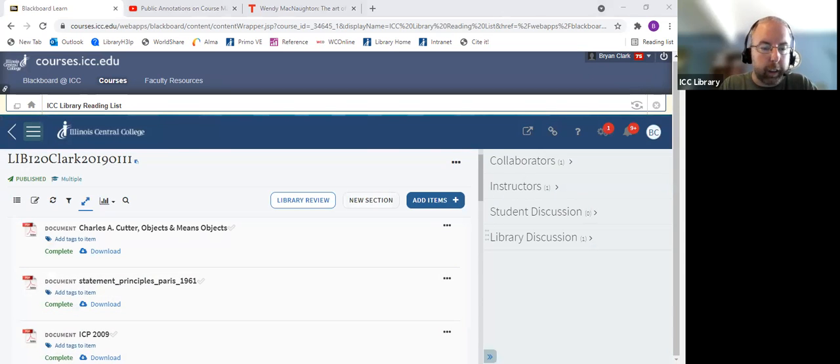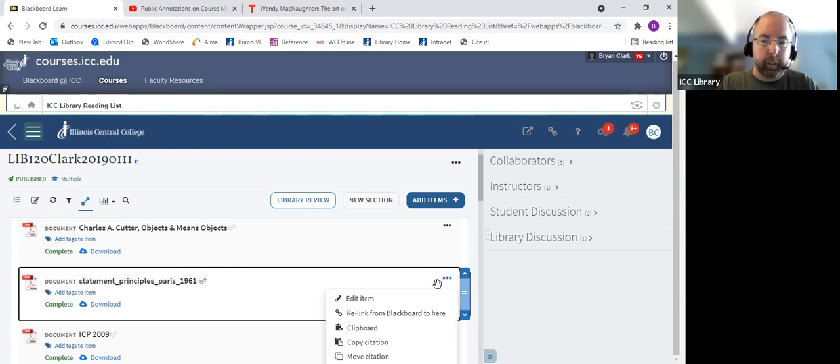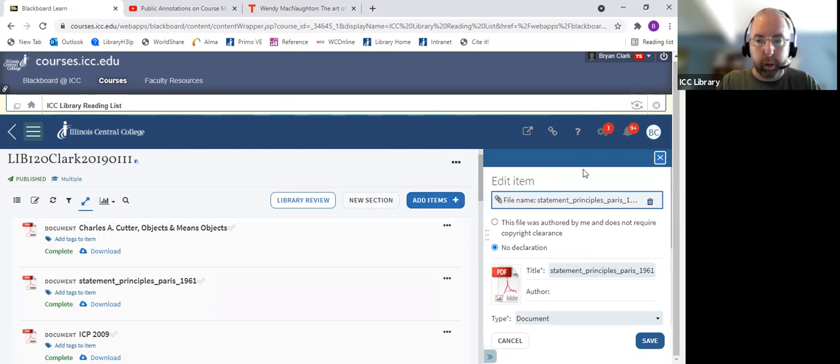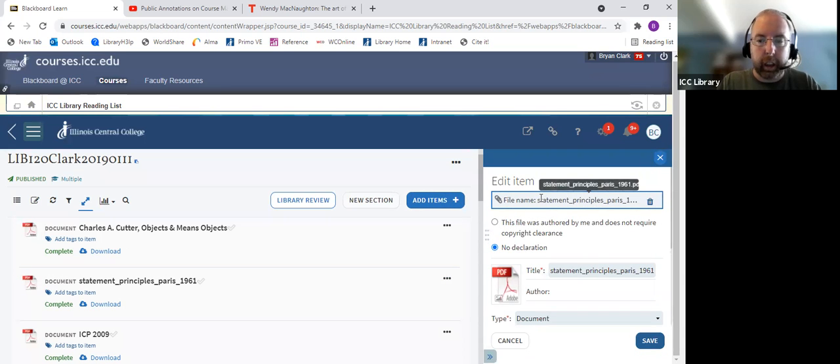Other things that we want to do is, as you can see, like this one that we were just looking at, the title is not the most user-friendly. So if I go into the edit item or edit citation menu, and I'll do that more slowly. If I go to the three dots here next to the citation title and click edit item, I can go ahead and change this title